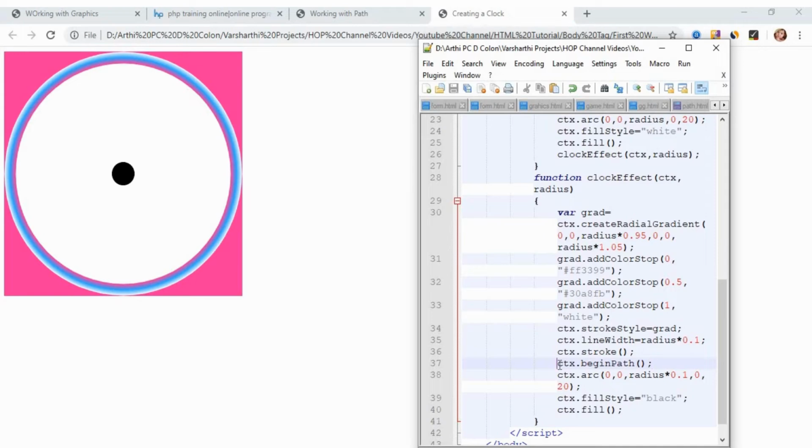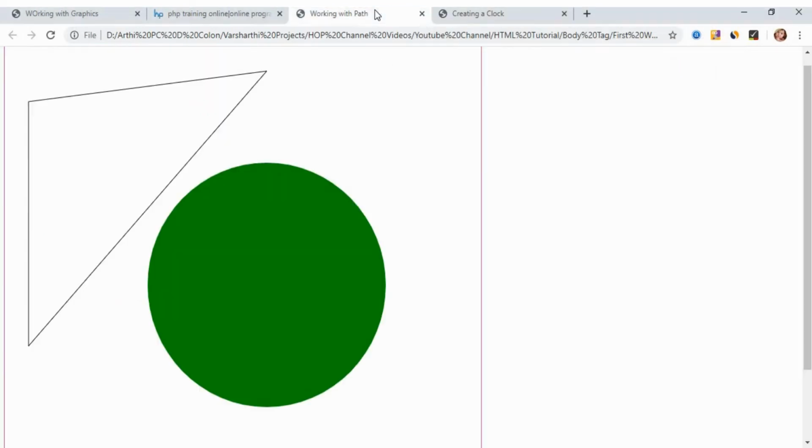So the reason for adding begin path is, in the previous example also we had one triangle and a circle, right? So while making a circle we created a new path, so that the two elements get separated. If we don't use begin path for each separate graphical element, the graphical elements will be merged.